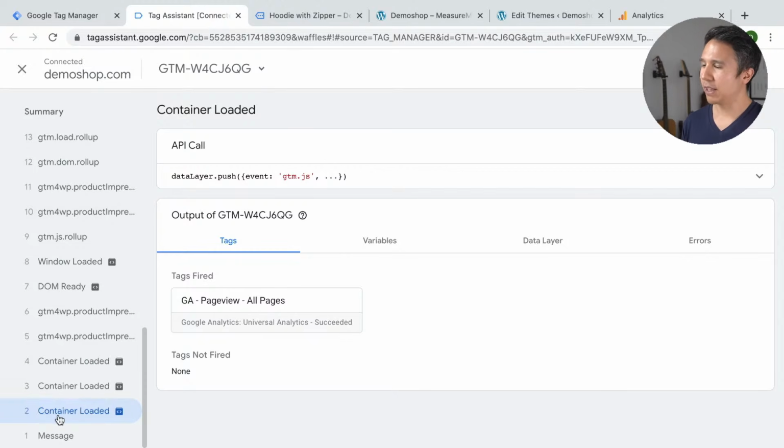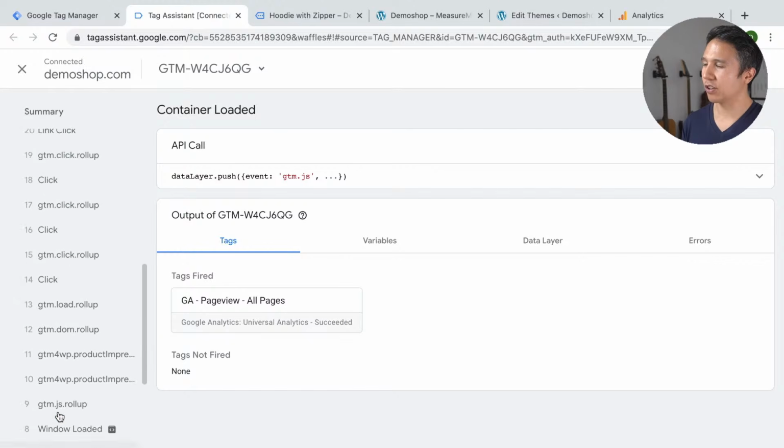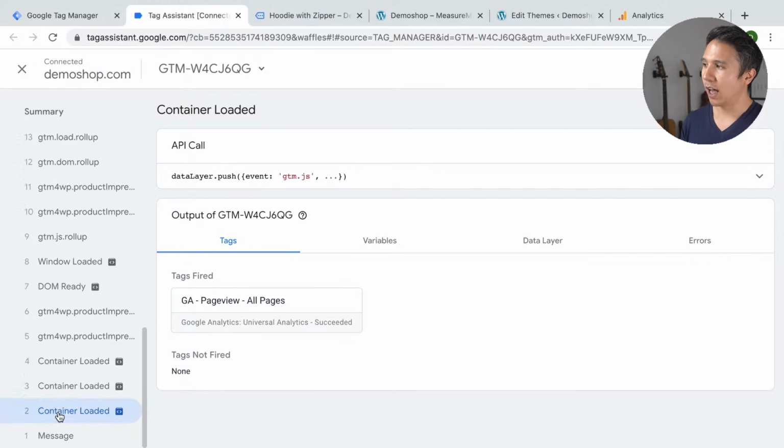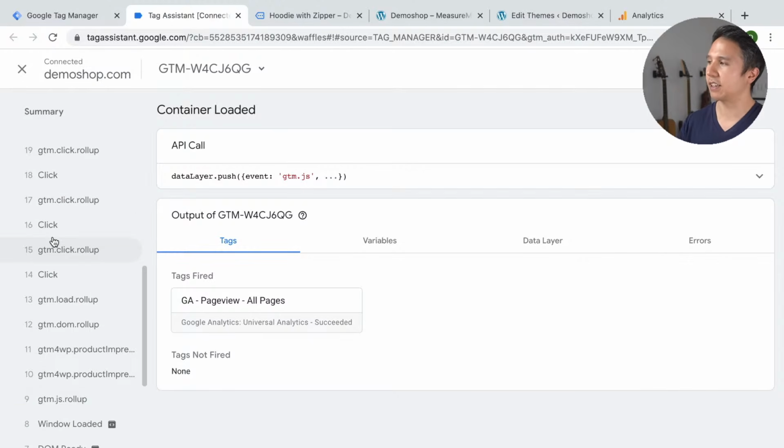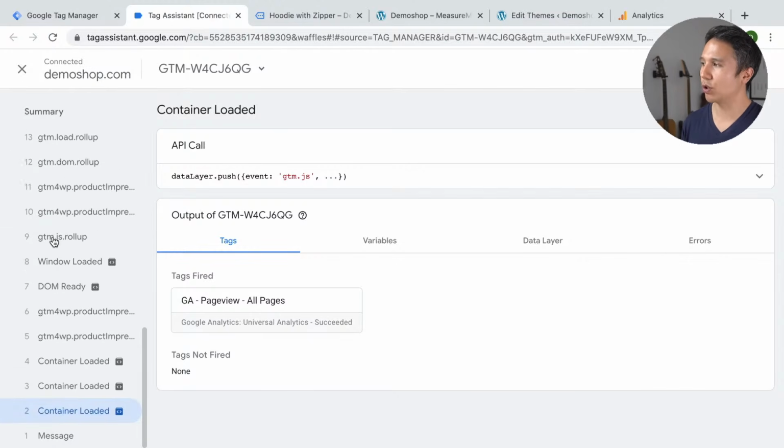This waterfall menu, I would have always called our event menu. So here where we choose the events, and this is kind of like a timeline when the page loads, what loads first and then second and then third. And now this has been renamed to API calls. It still uses the event key as the name here, although container loaded is not gtm.js, but yeah, there have